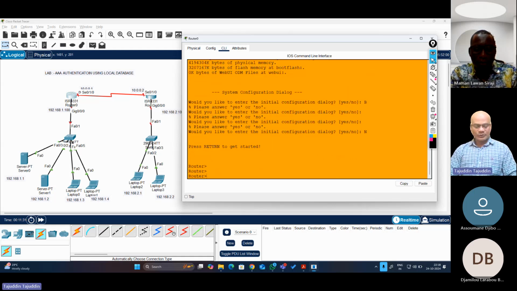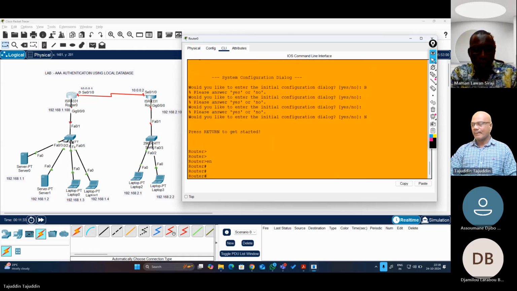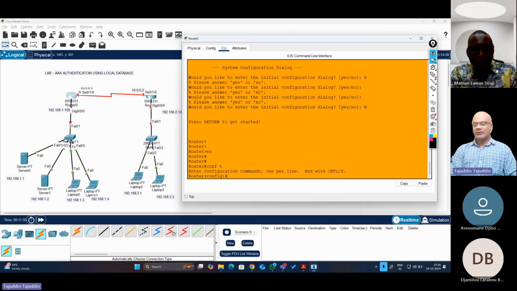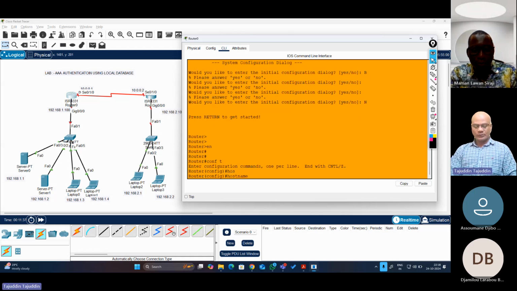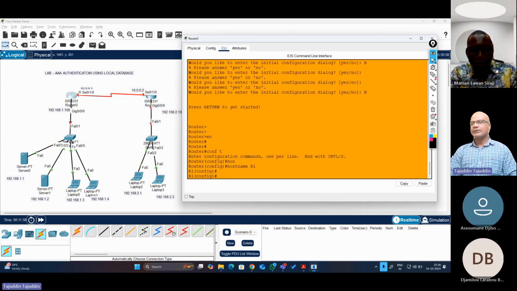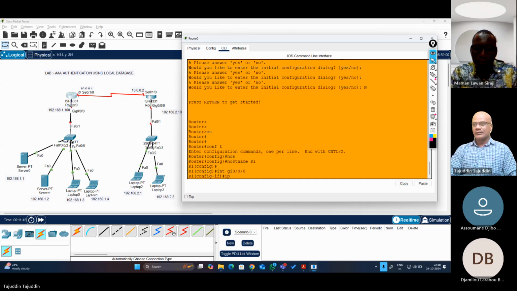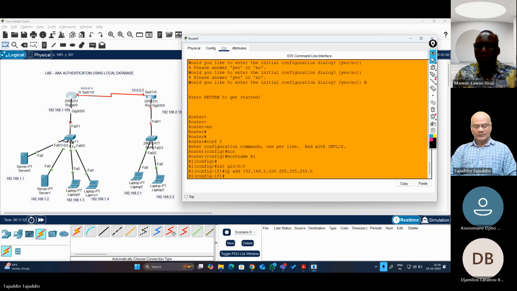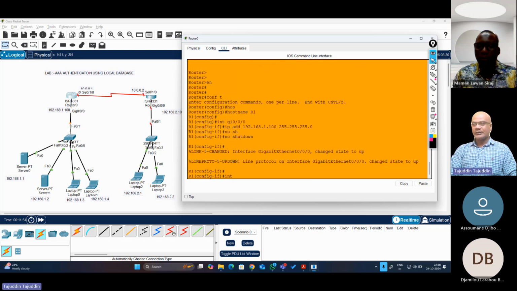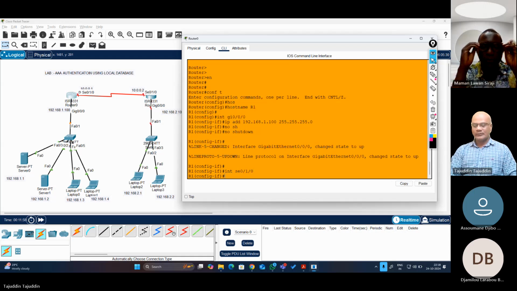So what is the first thing we should do here? Go to global configuration mode. First give the hostname, that is R1. This is my router 1. First we'll give the GigabitEthernet 0/0/0 IP address 192.168.1.100 and give the subnet mask. We'll give no shut. Then the interface serial. The serial IP address is